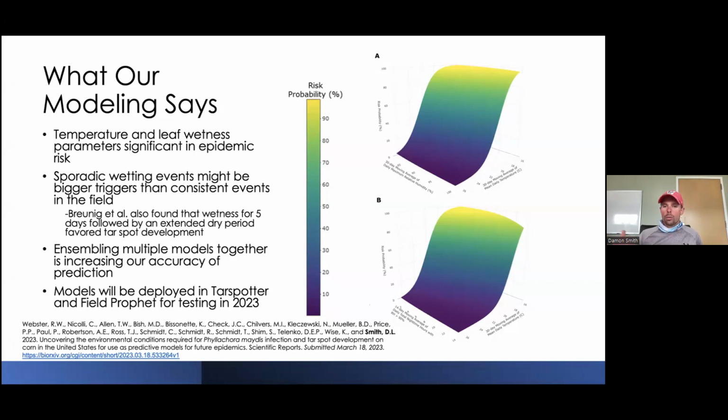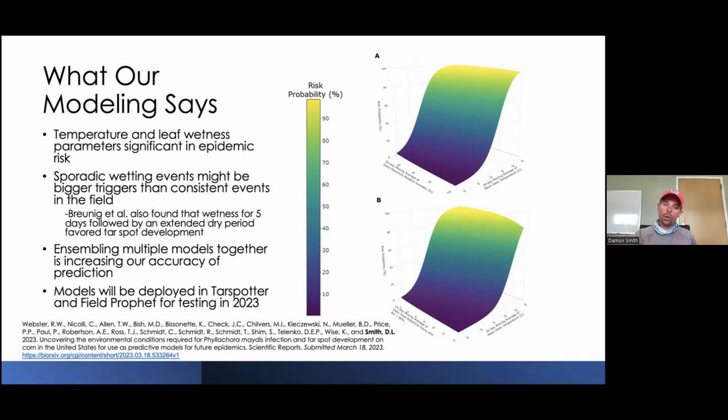Okay, and we're trying to balance all the information that's out there and what's been published, and we're actually using 30-day averages of relative humidity and mean daily temperatures in one model. We're also using some nighttime leaf wetness parameters, looking at relative humidities above 90%, those hours that were really humid at night, that gives rise to leaf wetness over a 14-day period, and combining that again with mean daily temperatures. And then we're averaging those two outputs together to arrive at our ensembling approach.